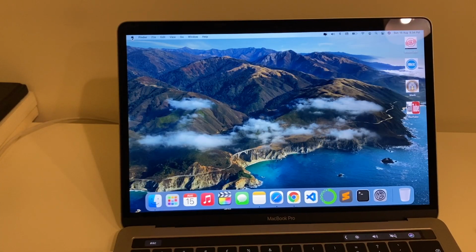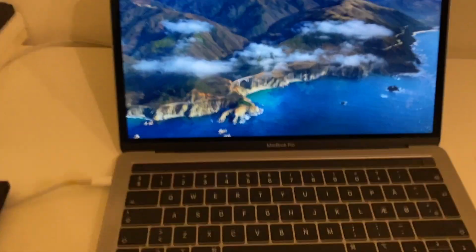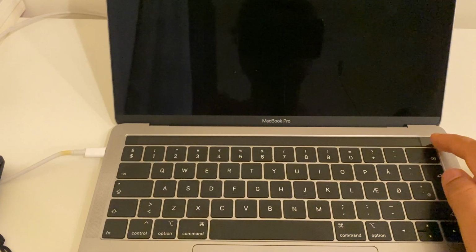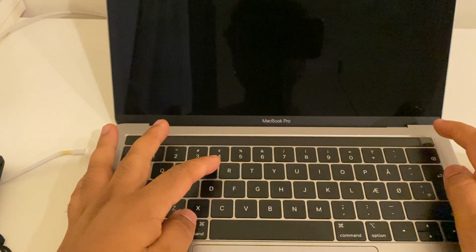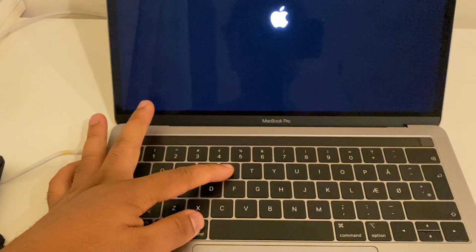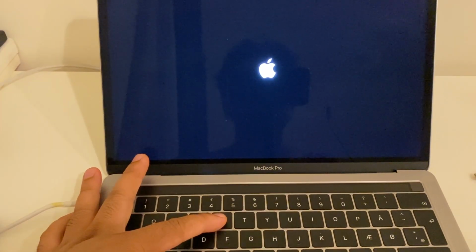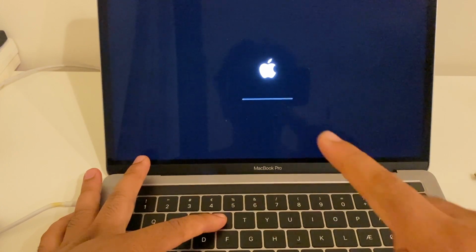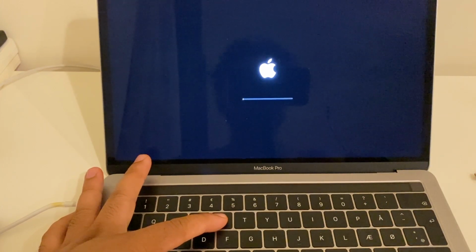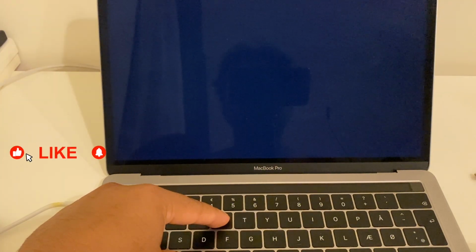So let's start. First of all, we restart this Mac. I click here in the menu, shut down. Now my laptop is totally shut down, so I restart it and then press Command R. Press the Command and R keys simultaneously, both keys at a time. Wait a couple of seconds, like 10 to 20 seconds, while pressing the keys, until such a window is displayed, which means processing is ongoing. Continuously press the Command and R keys.